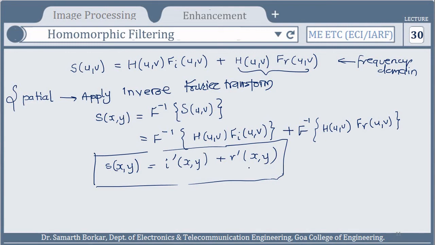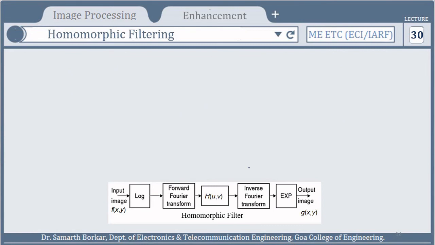Now there is one important step we are yet to complete. In the case of homomorphic filtering, the first step is that we take the log, isn't it? Hence here we need to take the inverse operation, that is the exponential operation. You know that the inverse of the log operation is the exponential operation. Fine. So now we'll take the exponential operation. So g of x, y equals e raised to,